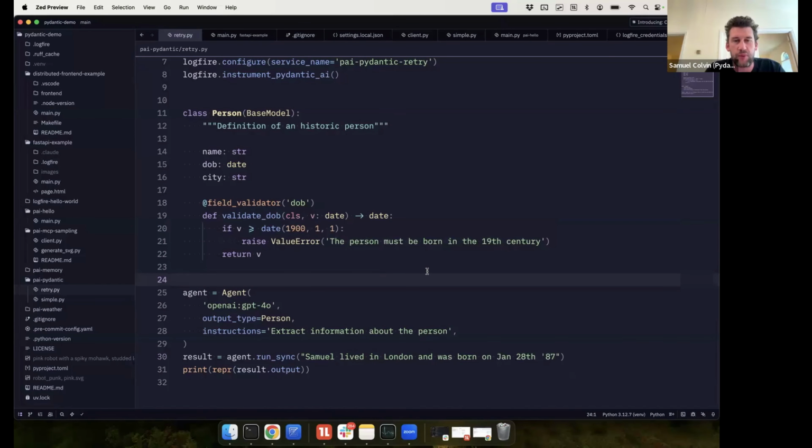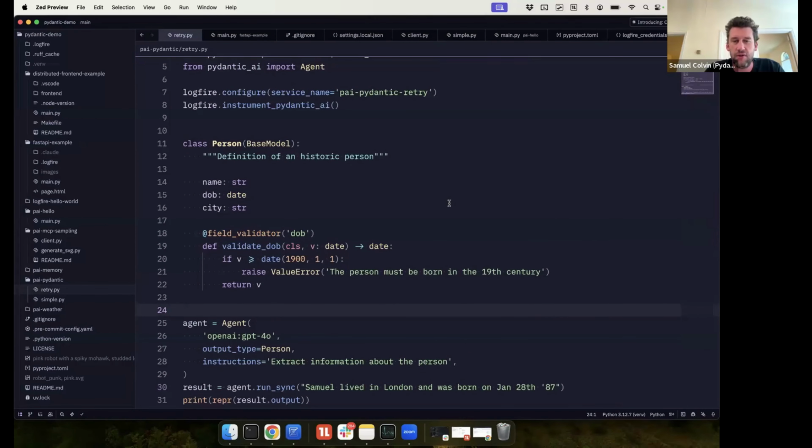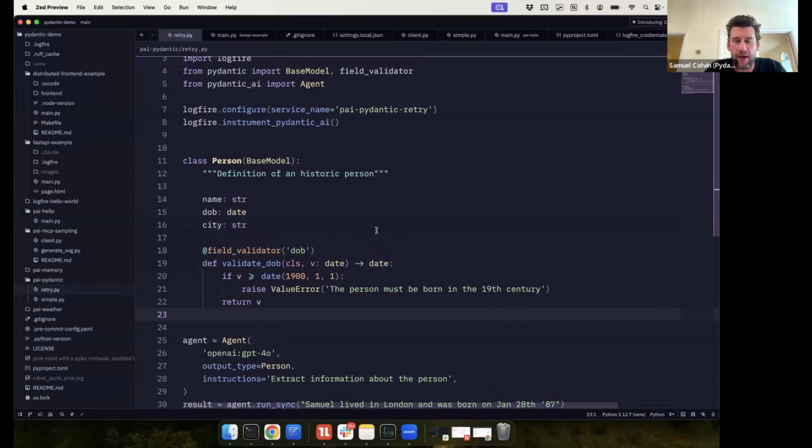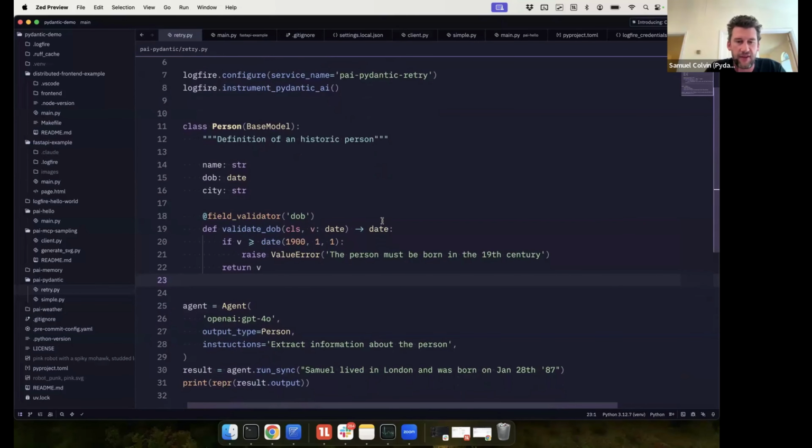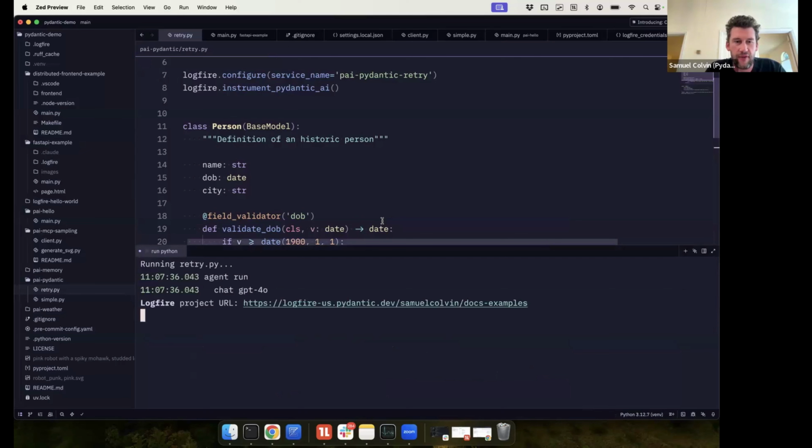So when we run this, we will demonstrate reflection within Pydantic AI. It will use the validation error, from when it tried to validate the structured output against Person, to prompt the model to retry and thereby get, hopefully, the correct data the second time around. So if I go and run this example,